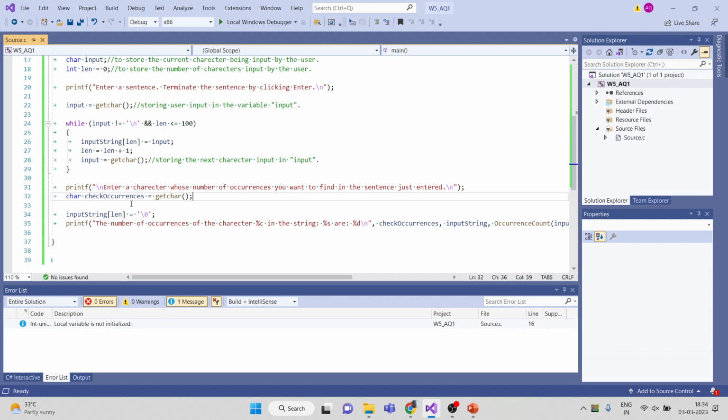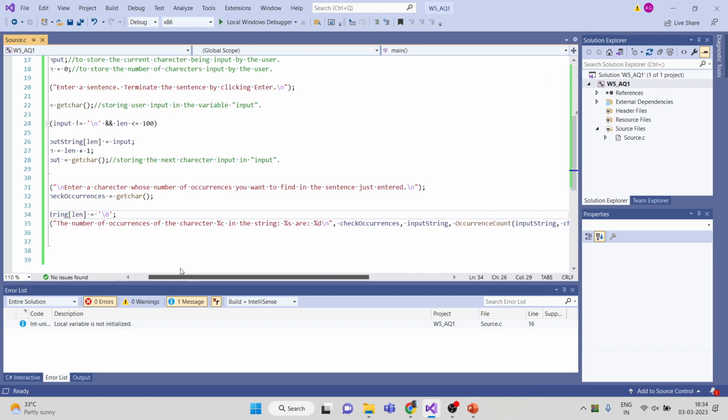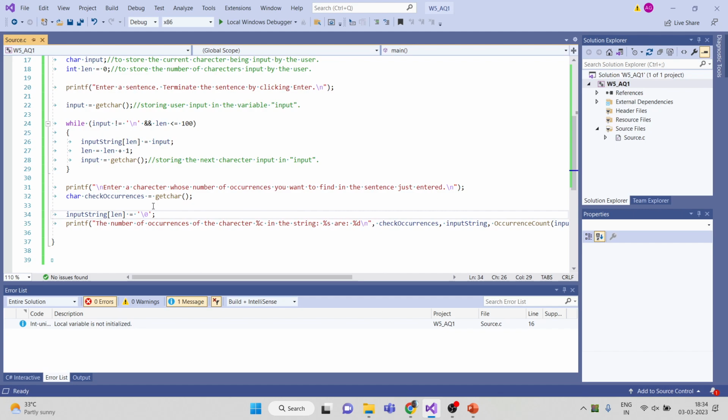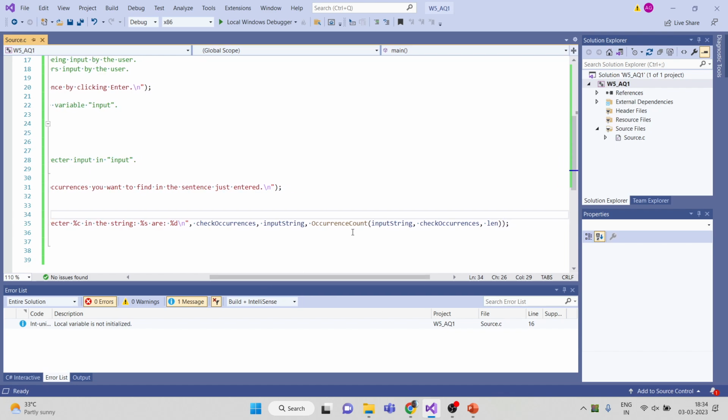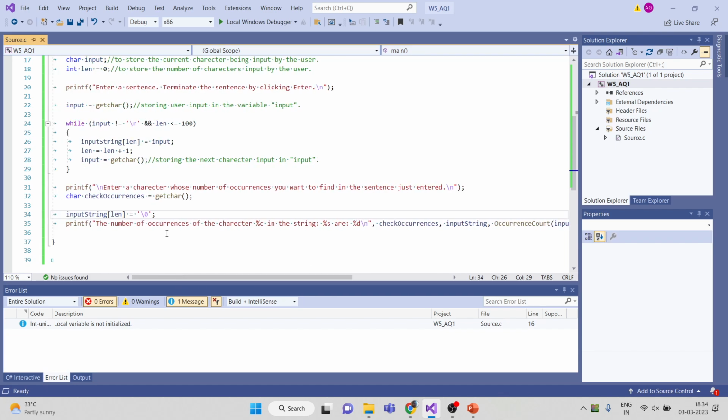For those of you who saw the previous lectures, you will know what this is. I'm appending a null character at the end of the input string, so that when I print it, it will automatically print until this null character. So here what I'm doing is, the number of occurrences of the character in the input string are: